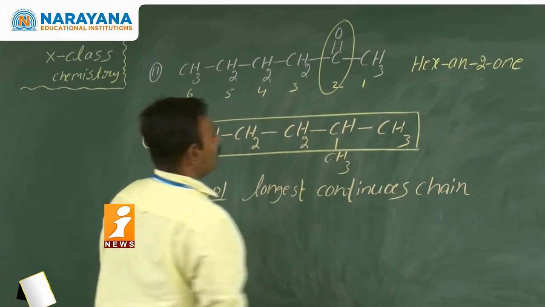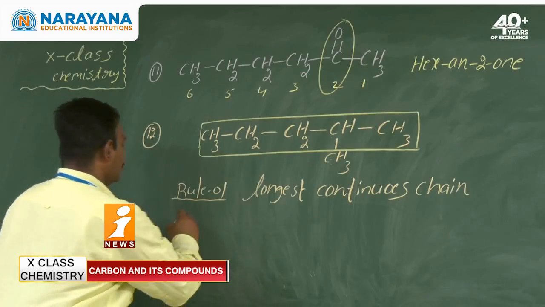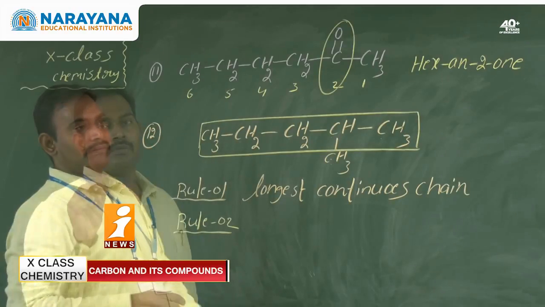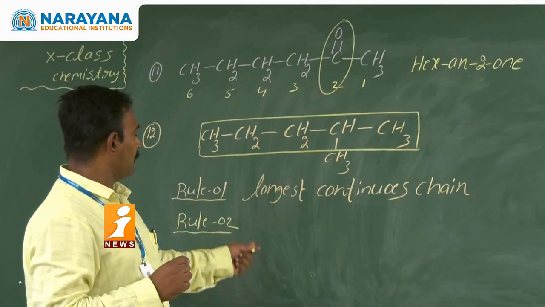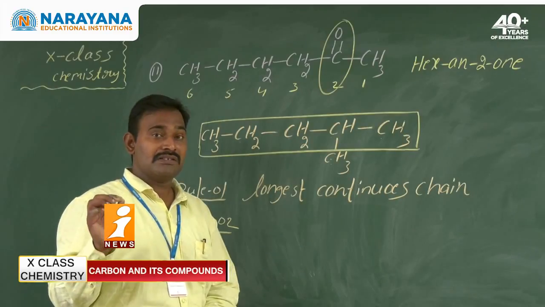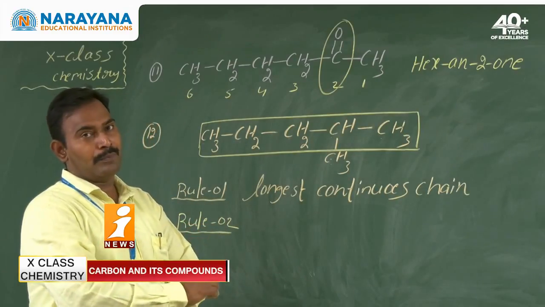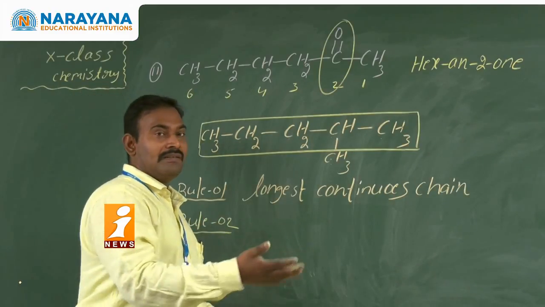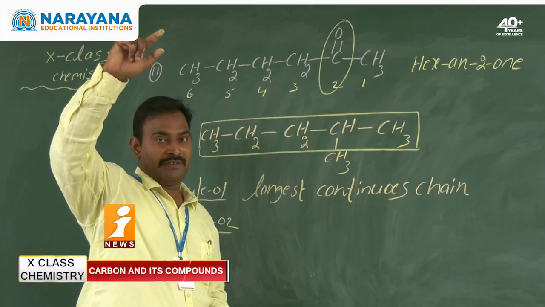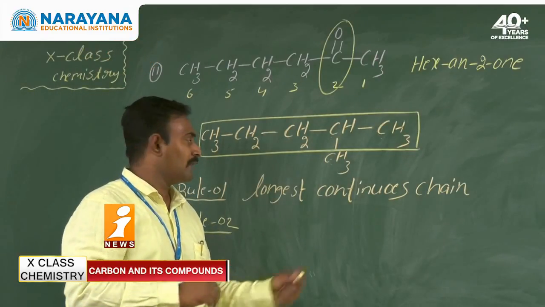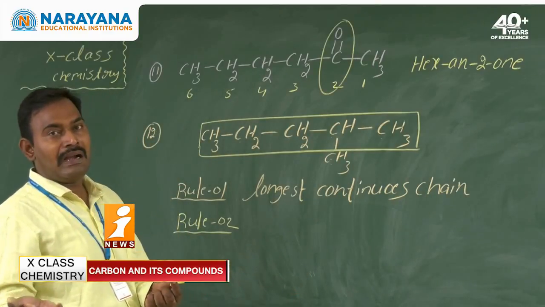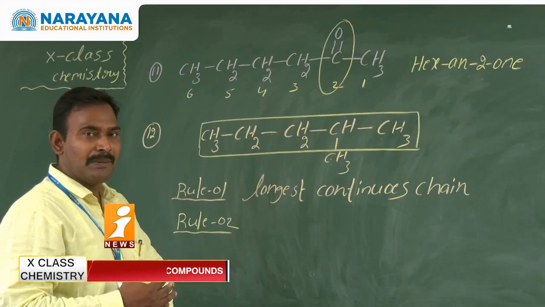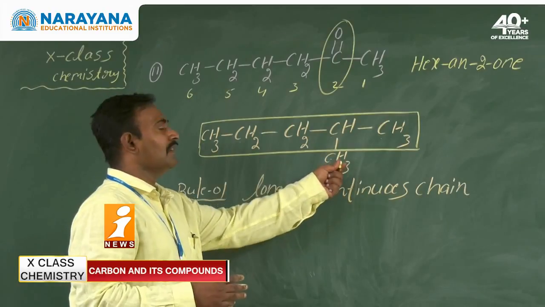Now see here, numbering. So here we can define one more rule also. Rule 2. This is applicable for a mono substituent, where only one substituent is present in the carbon compound. Then the substituent should get the least number. First the secondary suffix, then the primary suffix, then after that the prefix. In case the primary suffix and secondary suffix are absent, then we use the importance of the prefix. The prefix should get the least number.